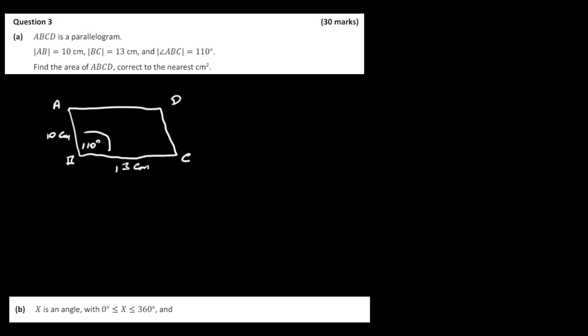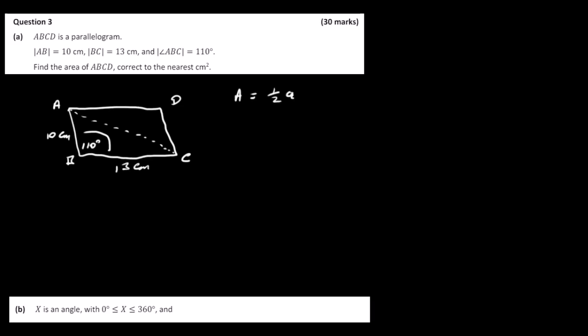There's a couple of ways of doing this. Probably the easiest way of doing it is to divide the parallelogram in two. So you've got two congruent triangles. So we just have to find the area of this triangle here and then double it. So let's do that. To find the area of that triangle, we're just going to use